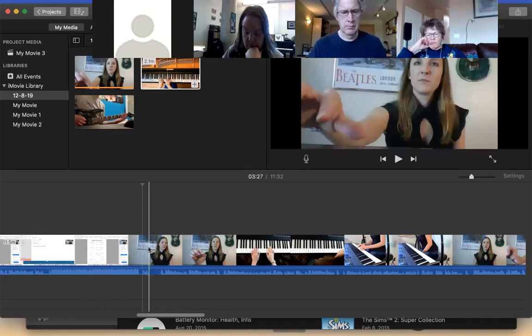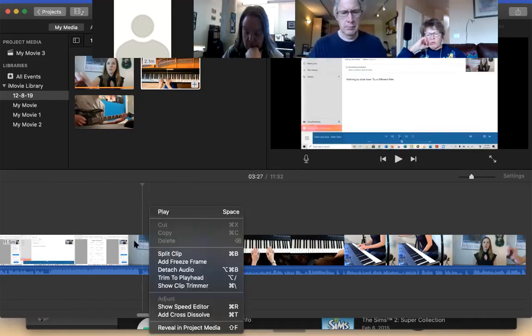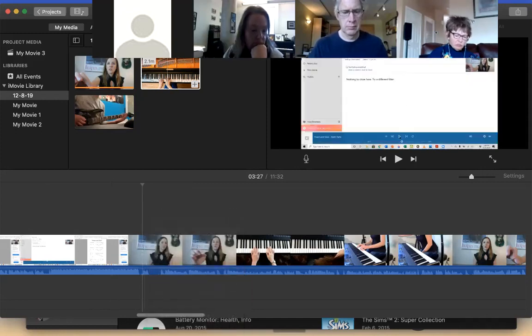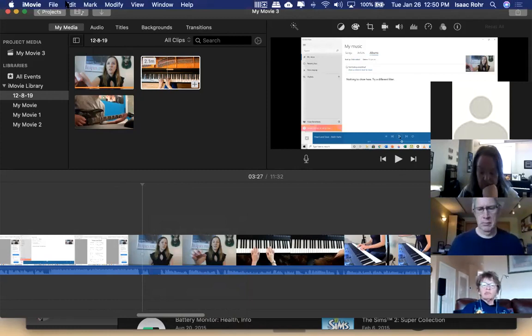Now all I need to do is I can right click here. If I have a mouse with right click, if you have one of the older mouses that only has a left click, you can command click to do this. And then I can say trim to playhead. The other way to do that is to go up to the top. Gotta move my window around.